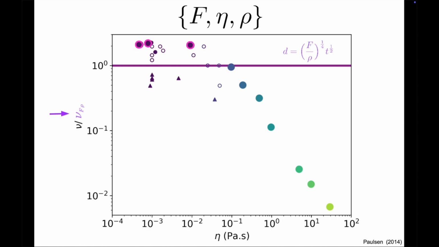The coalescence experiments in low viscosity fluids by Paulson suggested that a numerical prefactor could be needed, but this correction is evidently not universal. If we pick a different point, we get a different correction. But how can we be sure that any given point is in the inertial regime rather than in the viscous regime? Take this other point. How can we know if it is in the viscous or inertial regime, or even somewhere else?